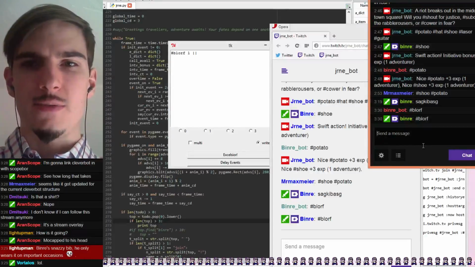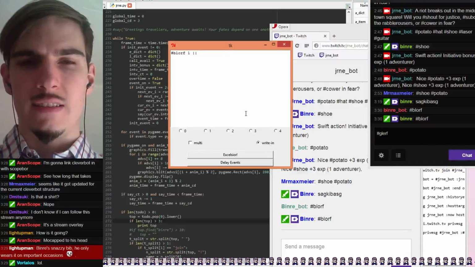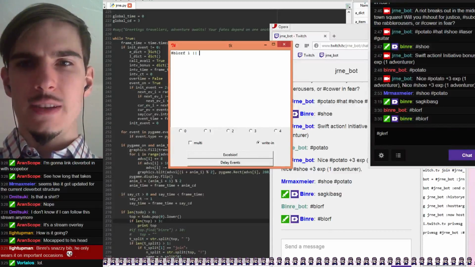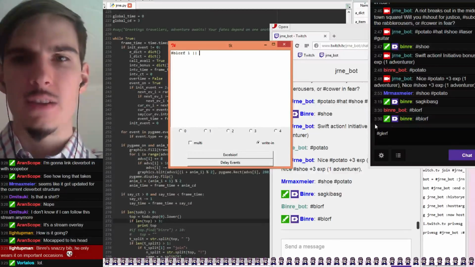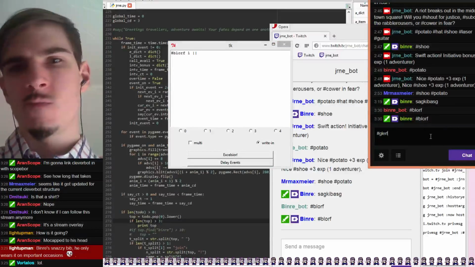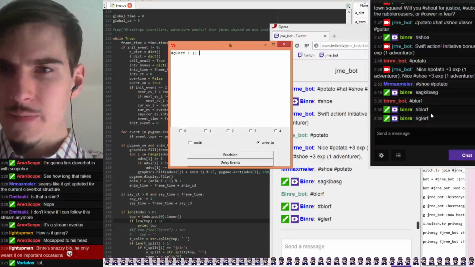But then if I change this one to glurf, then every 10 seconds is supposed to update. Why is it not updating? Why you not update? All right, well, it started to work a little bit. Wait, what?